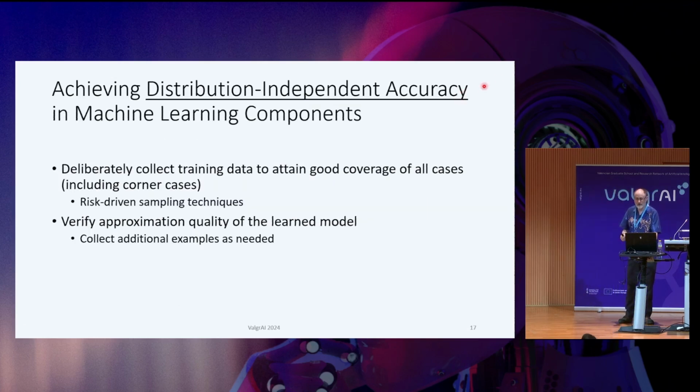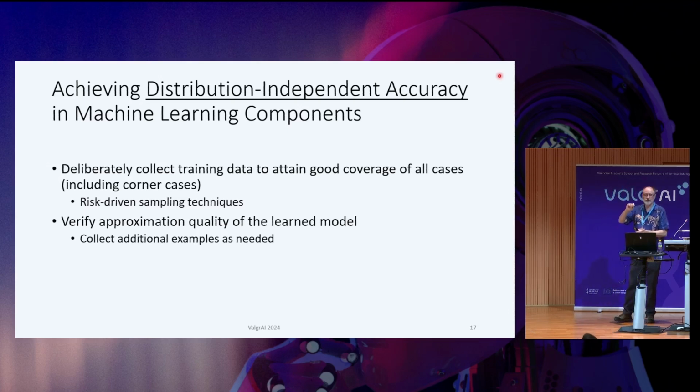And so I'm going to advocate something extremely ambitious, which I don't even know is possible, which is, could we achieve distribution independent accuracy? Can we get machine learning models to fit that are accurate regardless of the distribution of the queries, of the cases that we would encounter after deployment? So I think there are two steps, two processes that we need to master to achieve this.